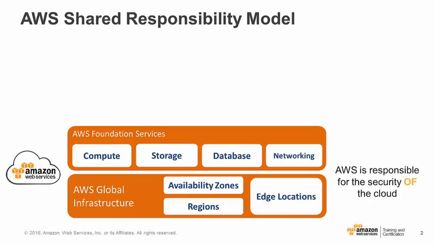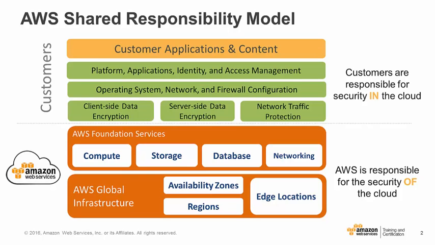AWS secures the hardware, software, facilities, and networks that run all products and services. Customers are responsible for securely configuring the services they sign up for and the data they put in those services. AWS also performs the following responsibilities: obtaining industry certifications and independent third-party attestations, publishing information about AWS security and control practices in white papers and website content, providing certificates, reports, and other documentation directly to AWS customers under NDA as